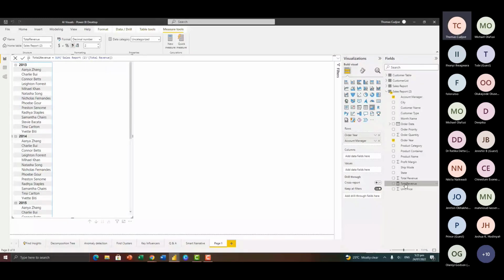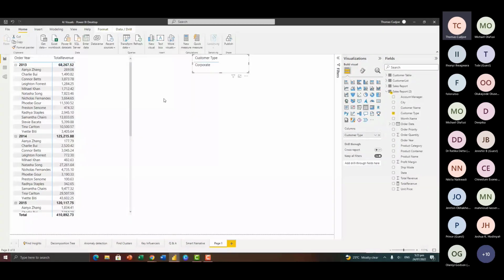Now what I'm going to do is to bring in customer type here. If you take a look at this customer type, you can see that this is corporate because in the parameter within Power Query, we have already set the current value to corporate. Now within this window, if you also want to change the parameter, you can also change it from here. So here maybe you have done the analysis. Now you want to switch to a different customer type.